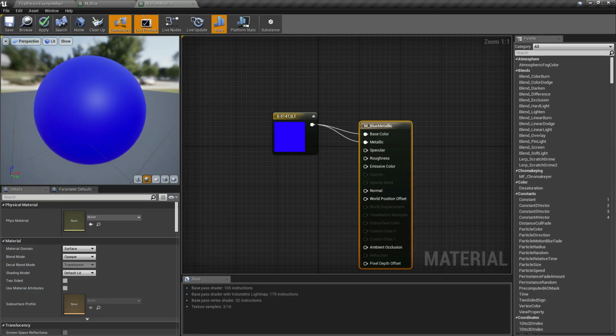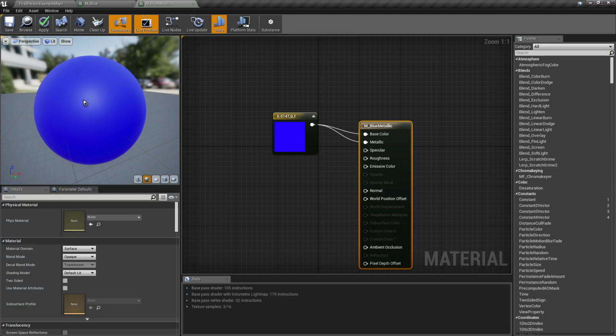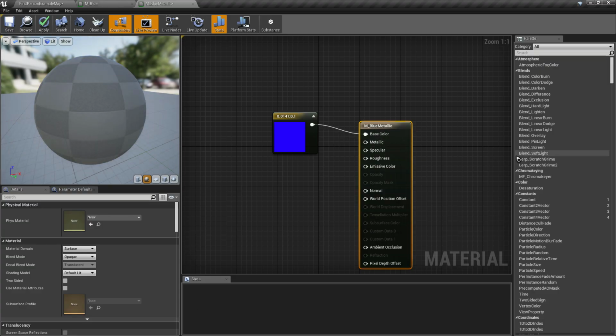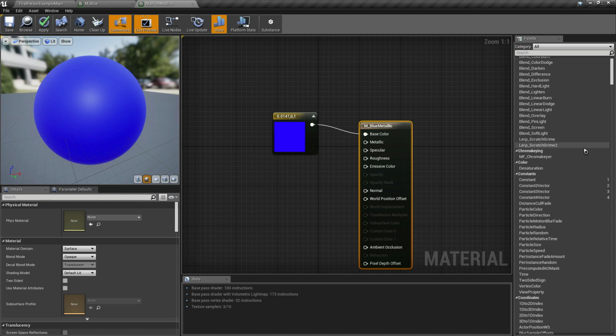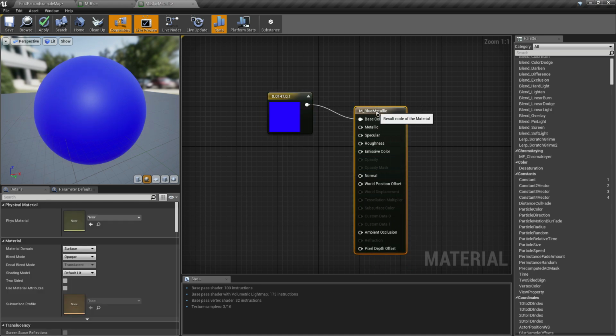So that's what a metallic looks like. But if you want to have a specific value of a metallic texture of your material, you can use a scalar parameter. So that's the best way to apply metallic texture.